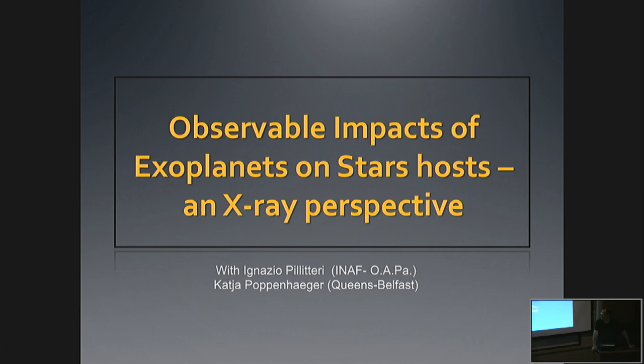This talk was originally designed also to be the webinar for the X-ray Surveyor, which I believe is now called the LYNX mission. Be that as it may, what all that means is I'm going to put a little bit of emphasis at the end towards what this means for the future. But before I do that, I want to talk to you about observables